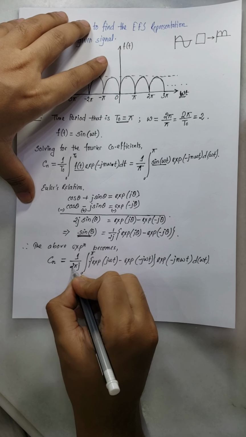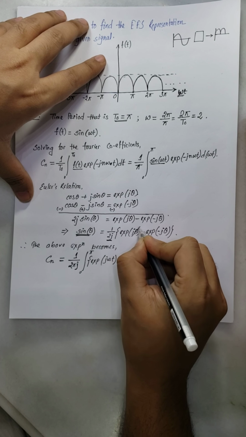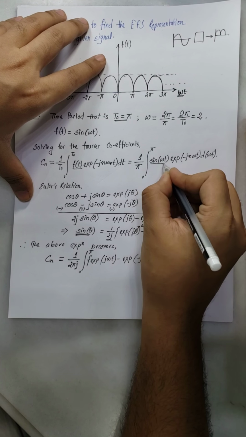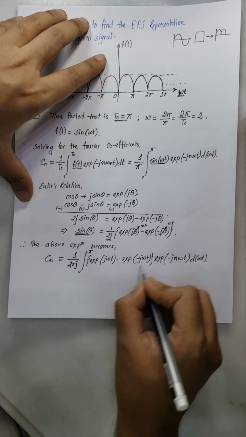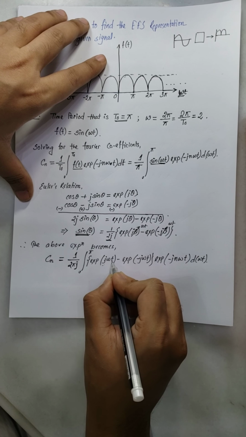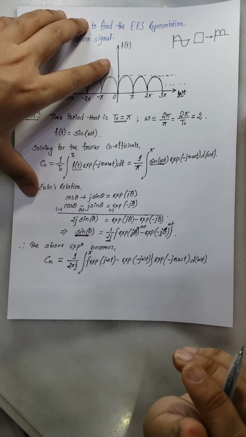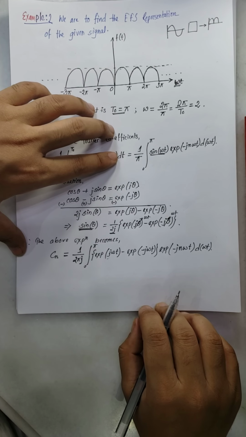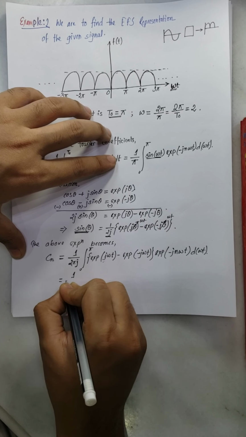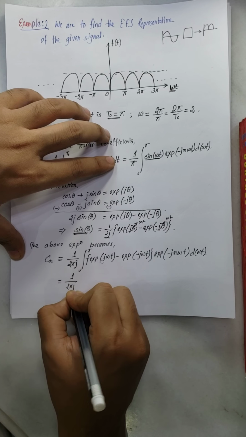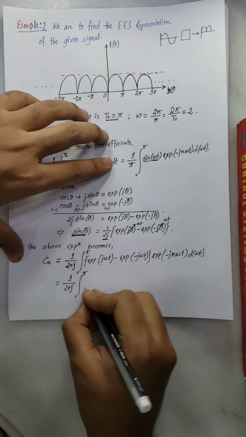Now this twice j is nothing but this term over here, and theta in our case is omega t as shown over here. Theta becomes omega t, so the angle is j omega t rather than j theta. Now moving forward upon further simplification, the equation becomes 1 over twice pi j integral of 0 to pi